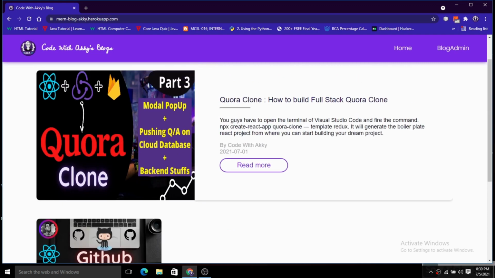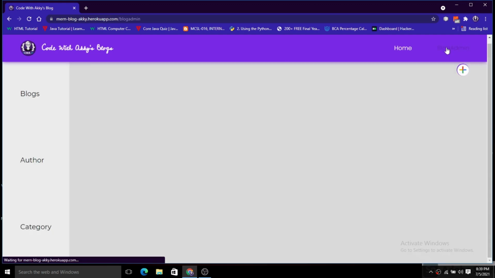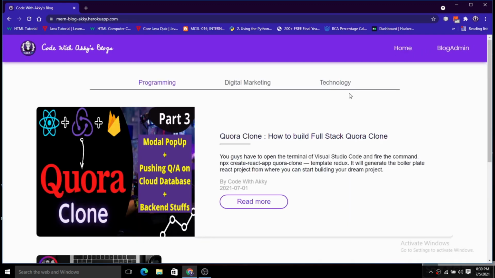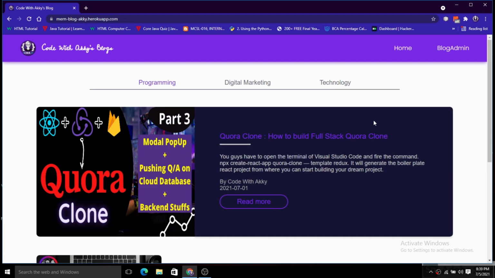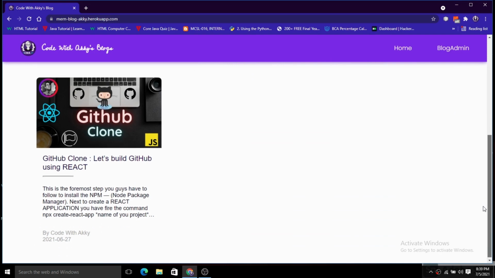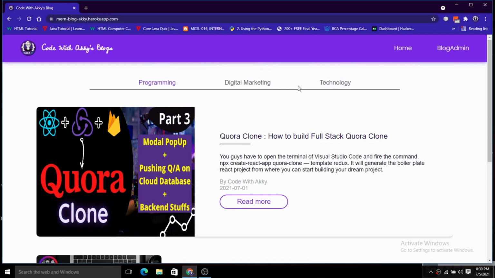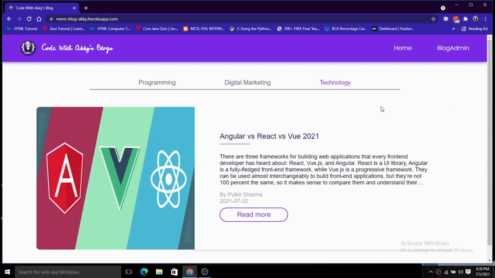Basically this will be on the client side, and the other will be on the admin side. The user, the client, will see this section only after authentication, if we apply it here. This section is also responsive. All the categories that we are going to add will show at the top section here, so we can switch between the different categories. We have technologies also. Whatever categories you add will appear at the very top of the screen here.